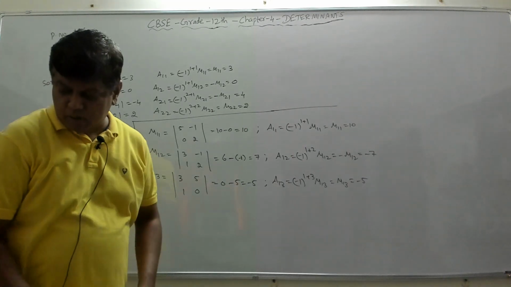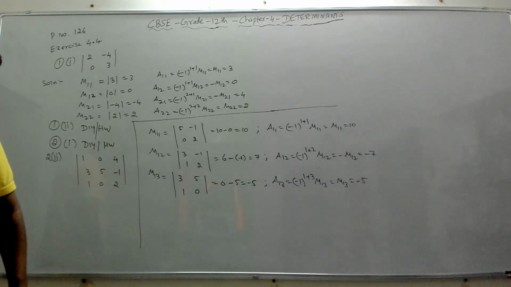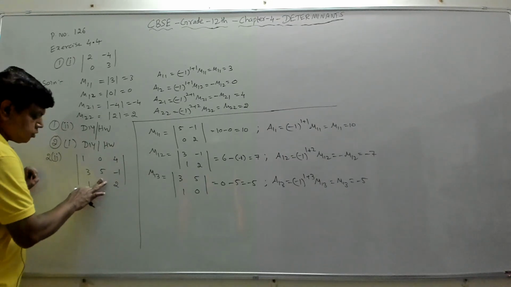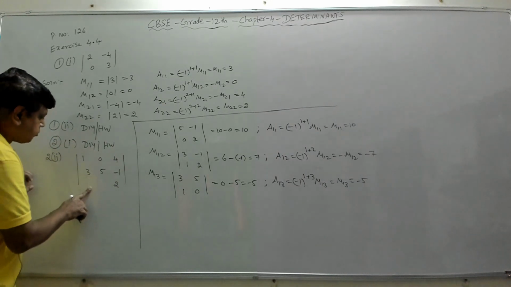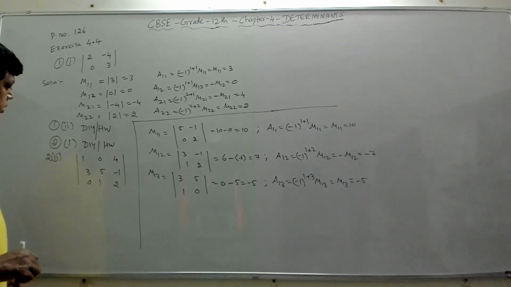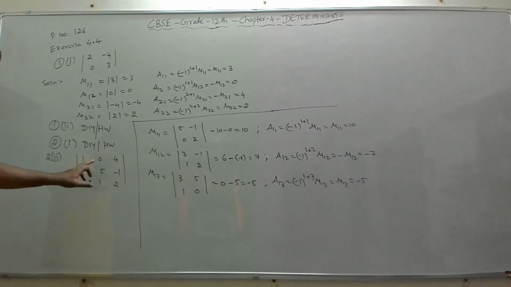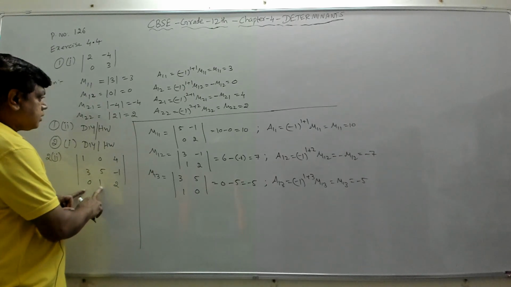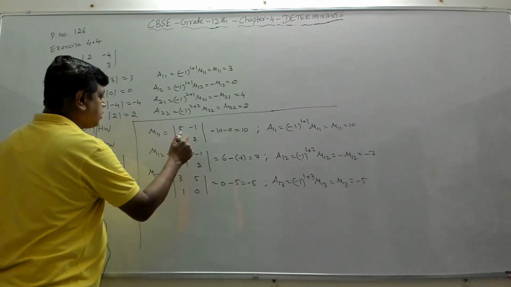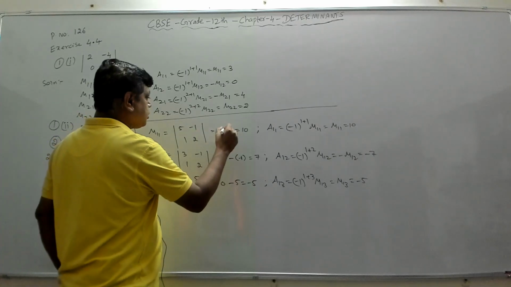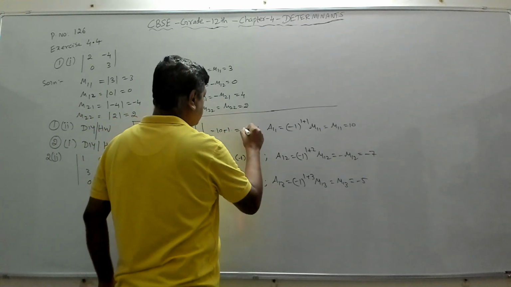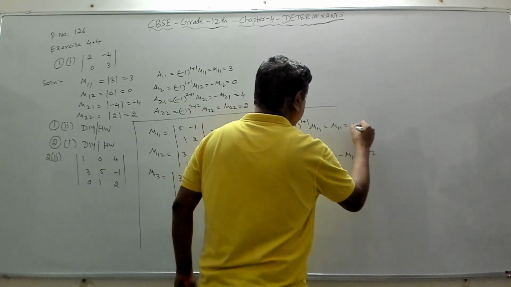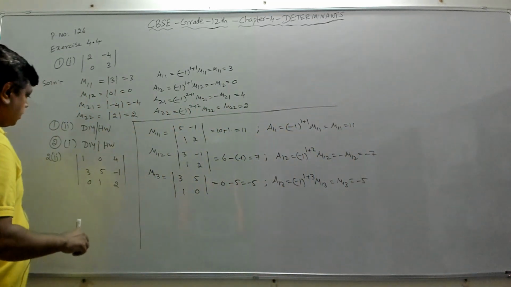Fine. So, oh sorry, I think I made a mistake. This is 0 1 2. Sorry, I made a mistake in the question. So 1 0 4 3 1 5. Okay, so in that case, what will happen? In that case, this will become 1. So this will become plus 1. This will become 11. And this will become 11. Sorry.